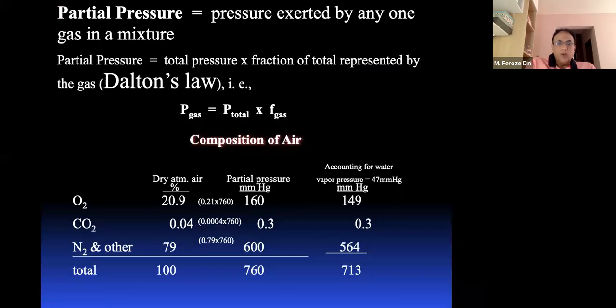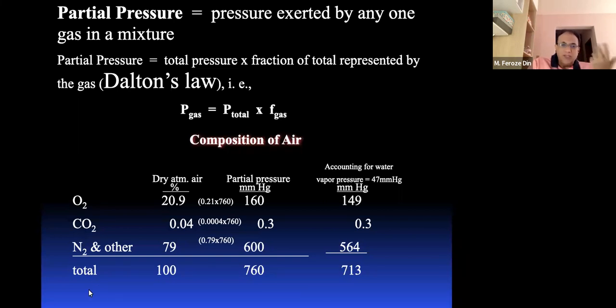The second law is called Dalton's law. Dalton's law mainly talks about partial pressures of gases in a mixture of gases. Very seldom in a natural environment do we have pure gases. The air that we are breathing is also a mixture of gases. And Dalton's law says that in a mixture of gases, the pressure that a particular gas exerts, which is called its partial pressure, is the total pressure times the fraction of the total gas that gas